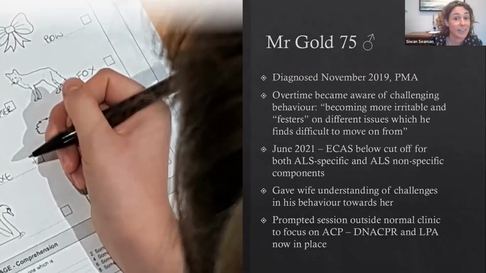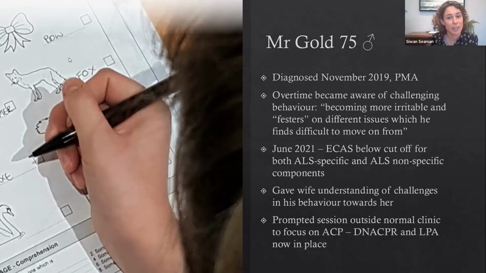And that moves us on nicely to the next case, Mr. Gold, who's slightly older than the other patient, 75. And he was diagnosed in 2019 with PMA. Over time, we became aware of real challenging behaviour of this gentleman. His wife was saying he's a lot more irritable, he festers on issues, and he finds it really difficult to move on. Our clinical psychologist at the time was able to visit him at home, and she completed an ECAS,